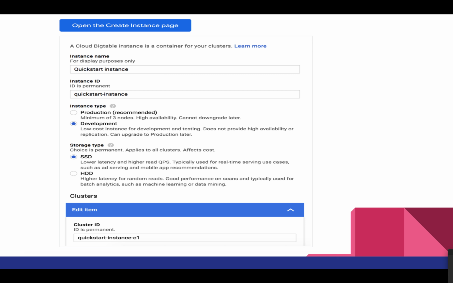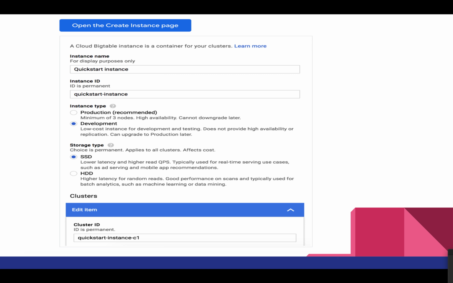So we are going to see configuring Bigtable. Bigtable is a managed service, but it is not a no-ops service like Cloud SQL and Cloud Spanner. You have to specify instance information. In addition to providing an instance name and instance ID, you will have to choose if you are deploying a production or development cluster. A production cluster provides high availability and requires at least 3 nodes. A development cluster is a lower cost option for developing and testing your applications.